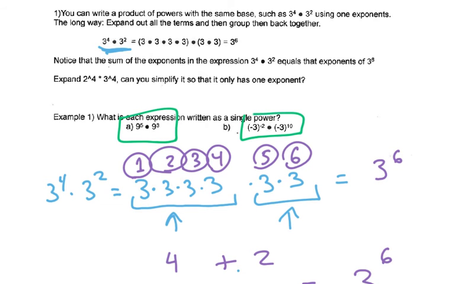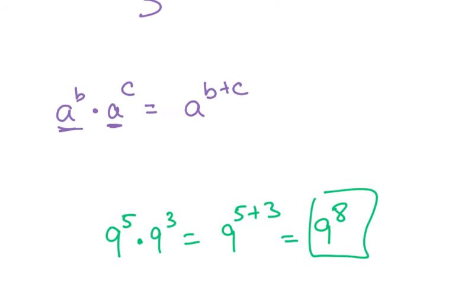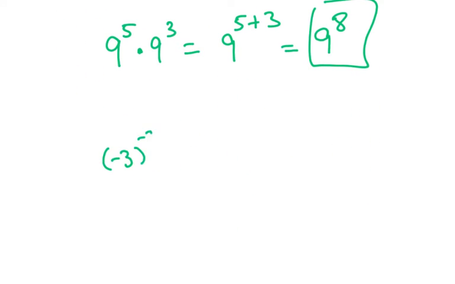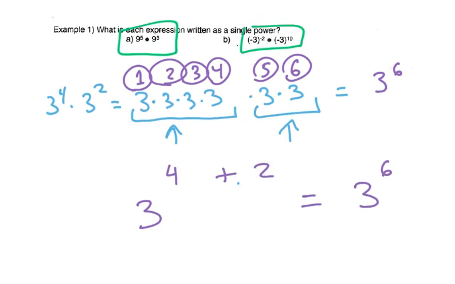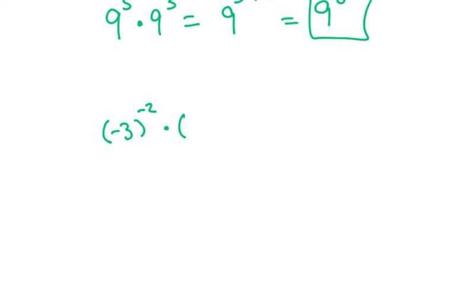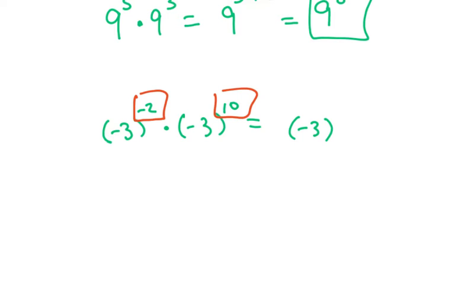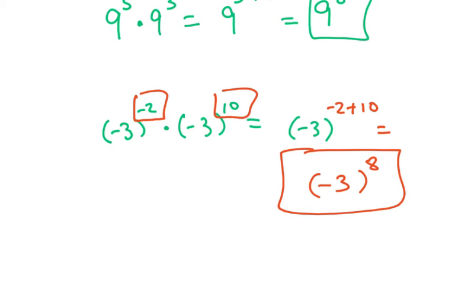And if we look here with negative 3 to the negative 2, let's write that out. Negative 3 to the negative 2 times, I think it was negative 3 to the 10th. Again, don't let the signs scare you, okay? This just means we're going to add these. So this is just going to become negative 3 to the negative 2 plus 10, or negative 3 to the 8th. And later we will talk about another way of thinking about this, but for the time being, I just want to stress that when you multiply numbers with the same base, you're going to add